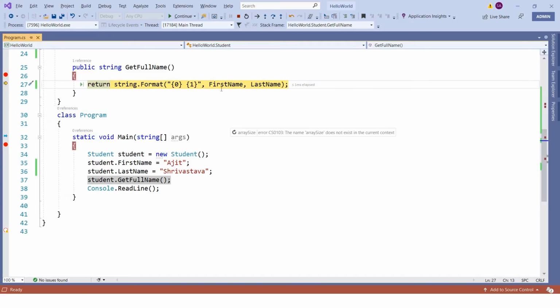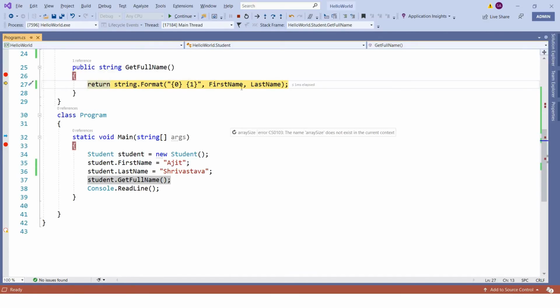If you are not aware of these debugging sessions, how to debug the code and all, in part 18 we have discussed this in detail: how to put a breakpoint, how to check the values, how to get the evaluation of a particular statement, how to change a particular value at runtime. All those things we have discussed in great detail in part 18. So if you are not familiar with debugging, I would strongly recommend you go to part 18 and get the debugging idea there.